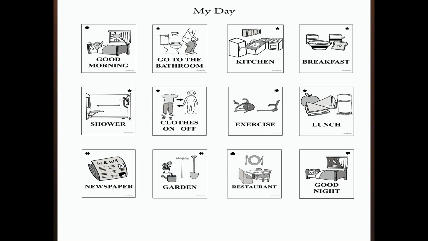Caregiver cards may be used to help the person with dementia to have a visual schedule of a daily routine. Using the card to show that it's time for breakfast or time to take a shower or maybe an activity, bedtime, and so on. It's a very helpful way of giving your loved one a visual reminder to the routine